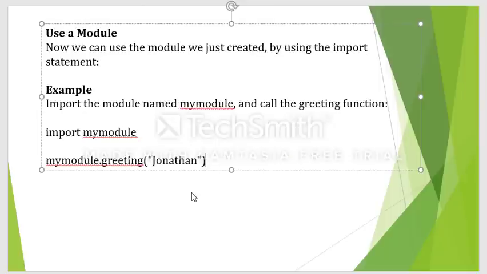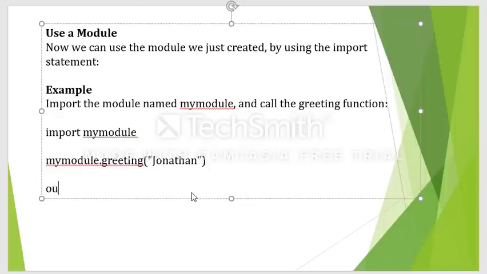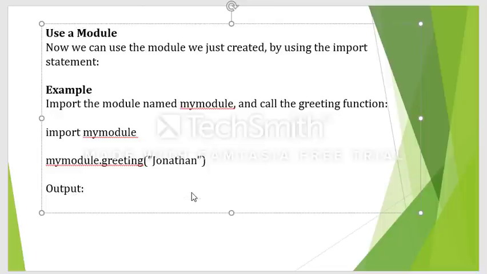So the output you will get here is hello, and the parameter that I have passed, because this is the body of the function that we have written in mymodule.